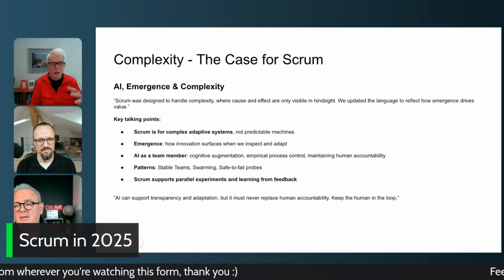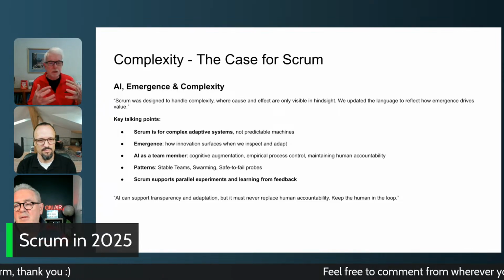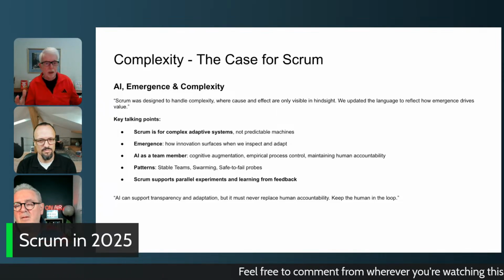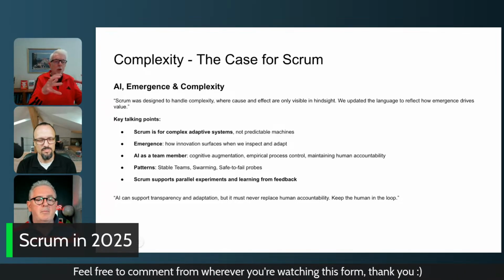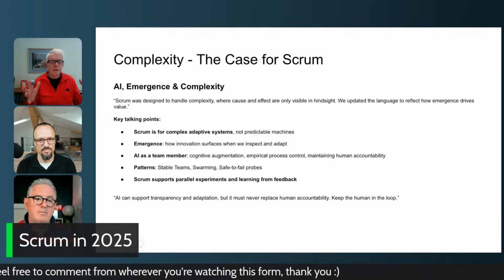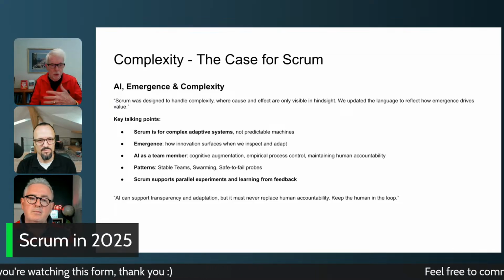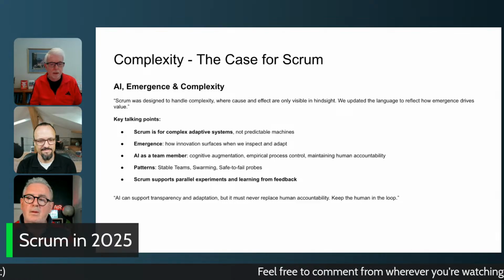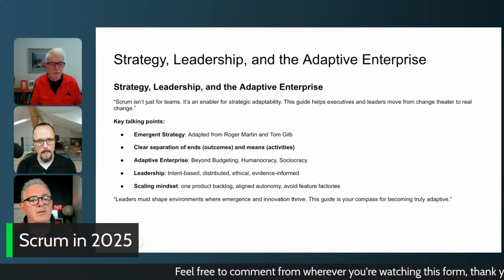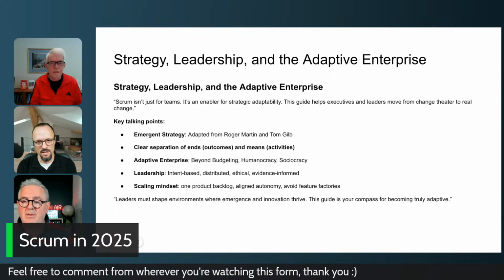So that's a few comments on introducing AI, introducing complexity, introducing complex adaptive systems, which have always been there, but need a little more information to help people in the world of AI that we're moving into. Thank you, Jeff. And it kind of leads on to other assistance we need to offer as well,